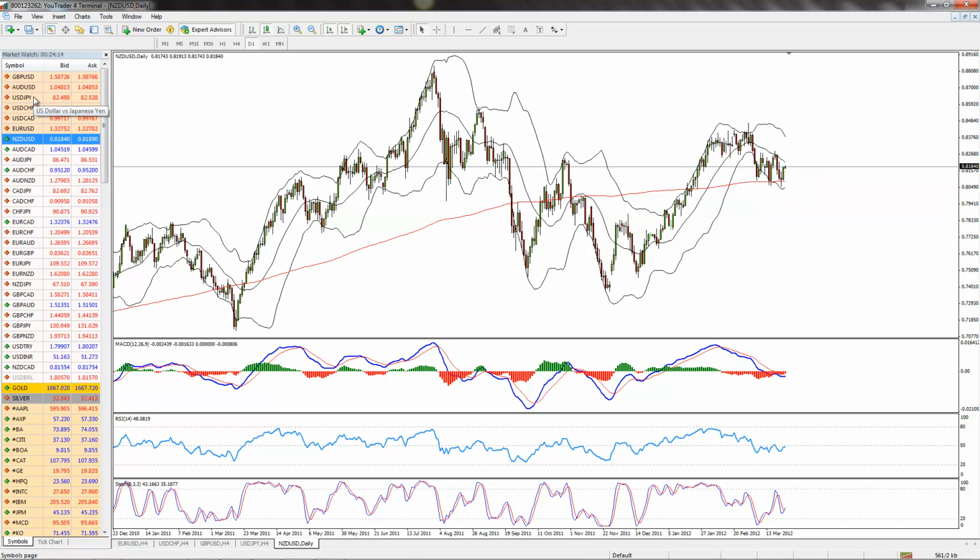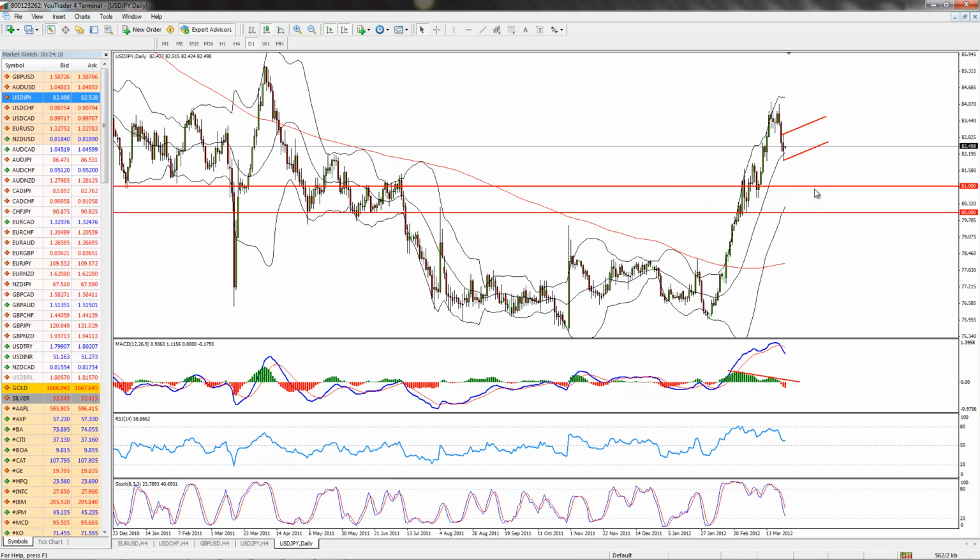What else do we have on the list? Dollar yen. Okay, for this pair, what I see happening is price playing around, maybe forming some kind of flag pattern here, maybe 2 to 3 days. A break below the flag pattern would be our sell entry, and we'll be aiming for this range of 81 to 80. On the other hand, I do believe price could make another high, maybe around there,